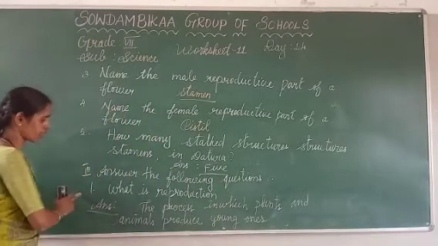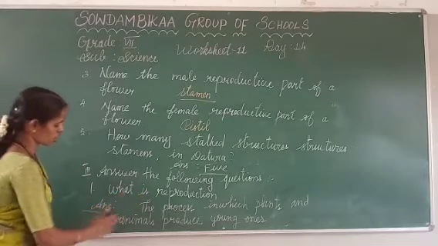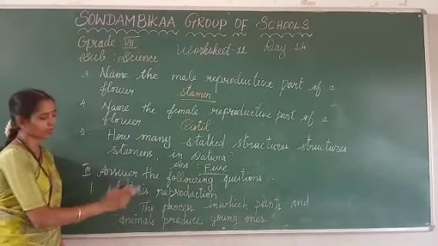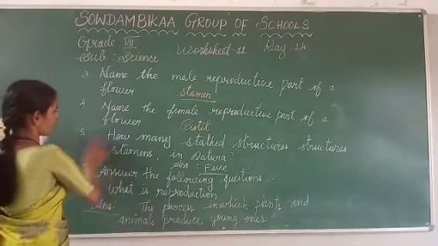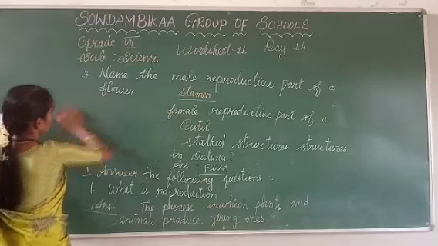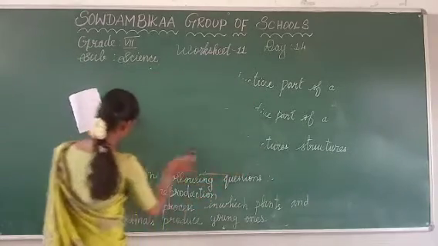Once again I repeat the first question. In third Roman number, what is reproduction? The process in which plants and animals produce young ones from their parents. Shall we go to the second question? Yes. The second question is